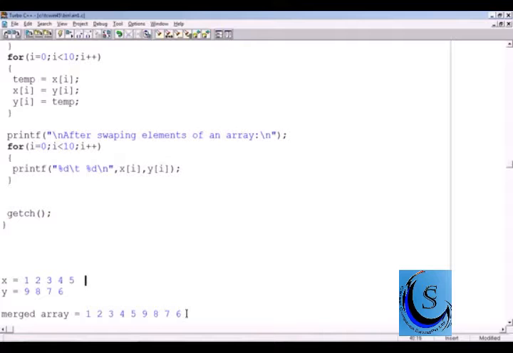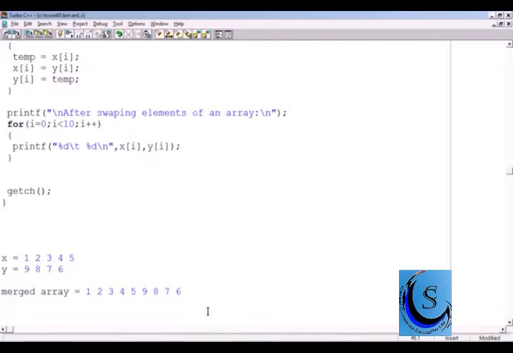But here, as you can see, x contains 5 values and y contains 4 values, and it is still possible to perform the merge operation. In the previous program we saw swapping and copy. In that case you must have the same size for both arrays, but here if the size is not the same, you can still write a program for merging elements of arrays. But here again we have to